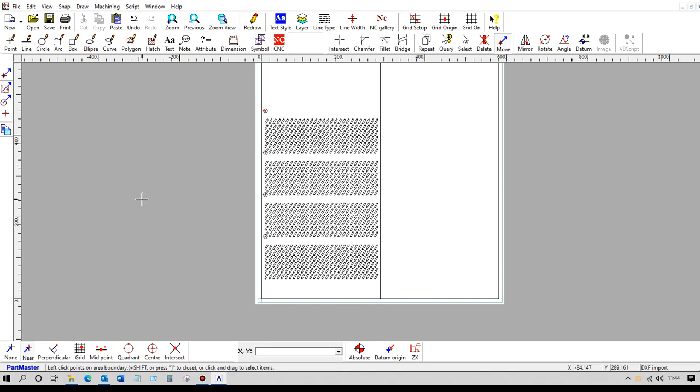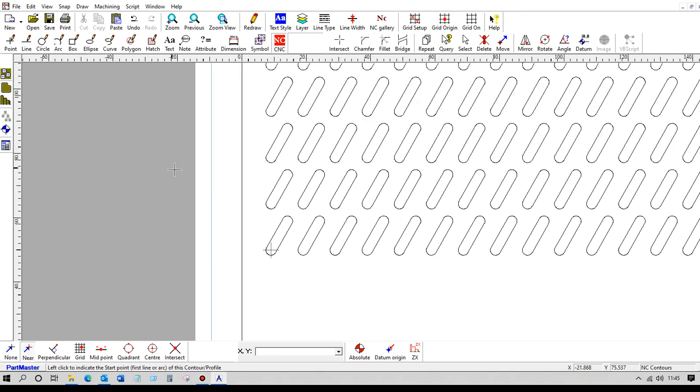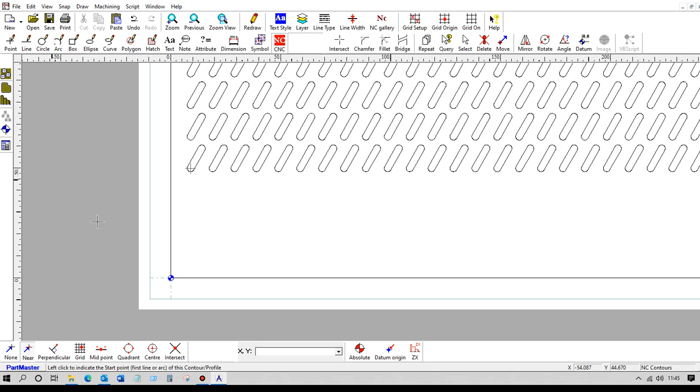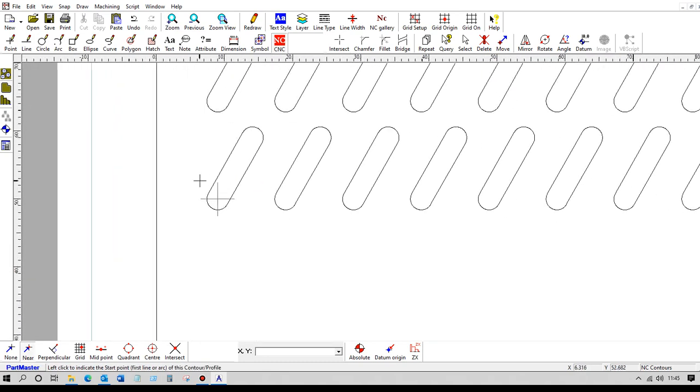But if you have something like this, it means that you would have to create a contour for every one of those features, which might be a little too laborious. So what we can do is, if I just zoom in on this bottom area here, create a contour of a single entity, so I choose NC, I can set my datum position to where I want it to be, so it might be down here, and then I can create a contour of this shape here,